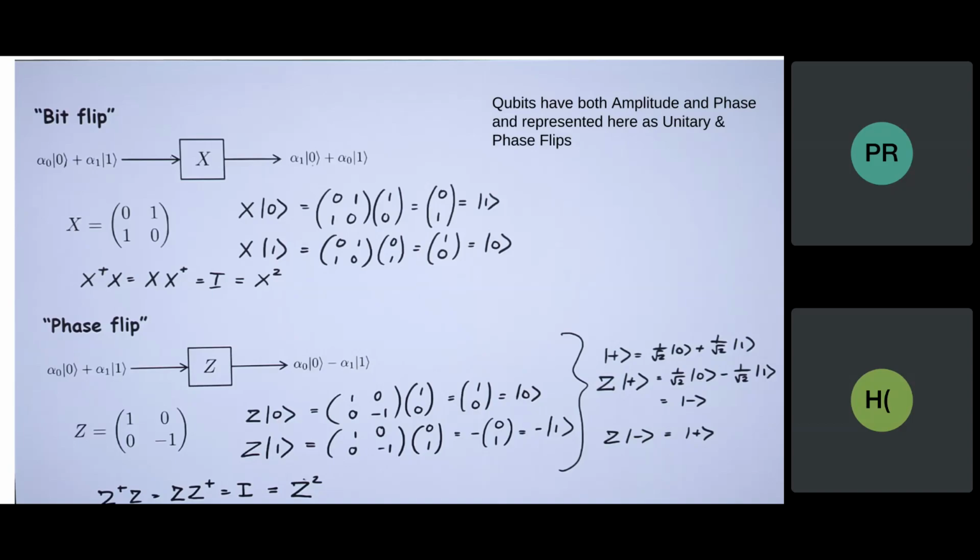It is also one of the unitary quantum gates, where you will find that the complex conjugate of Z multiplied by Z is equal to Z multiplied by the complex conjugate of Z, which is equal to the identity matrix. This is the same principle as the other one, and Z square. So essentially what we have got from this,